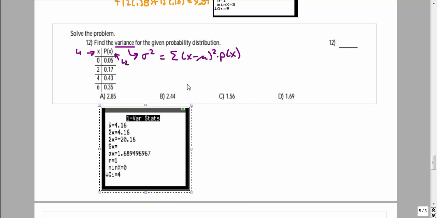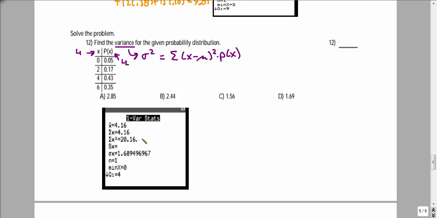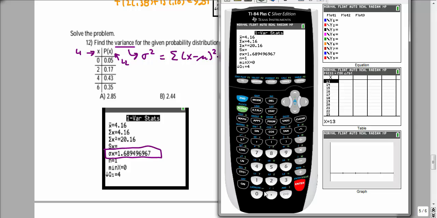So this asks for the variance, don't forget. So this value of 1.689, etc., that's not our answer. They're giving you the temptation, though, to say that it is. This is wrong because this equals sigma. We want sigma squared. So what we need to do on our calculators, we need to take this value of